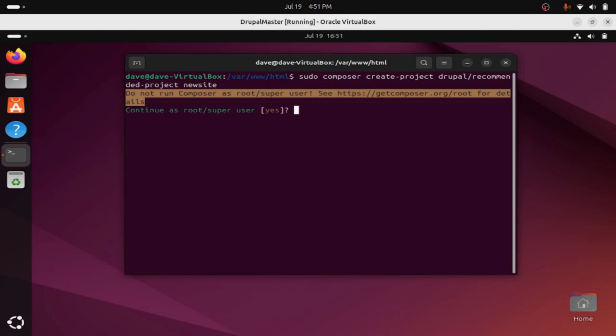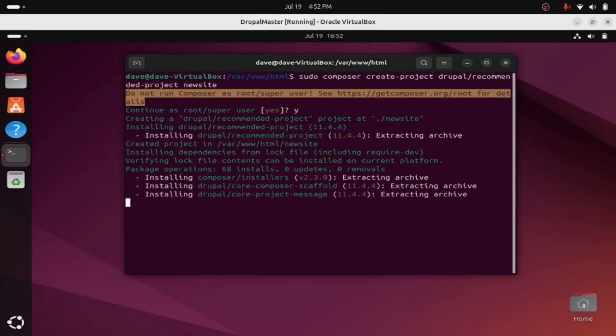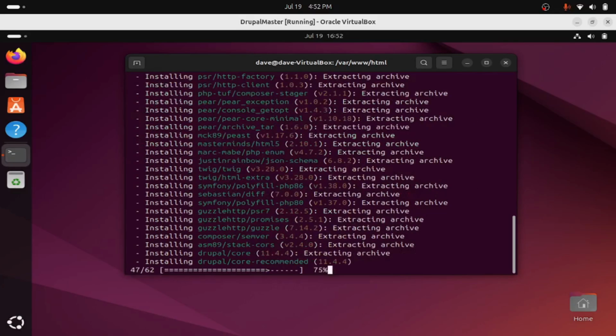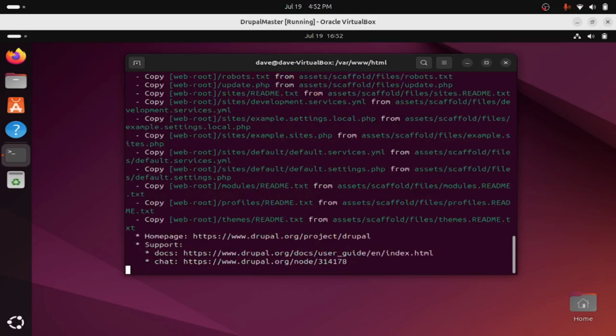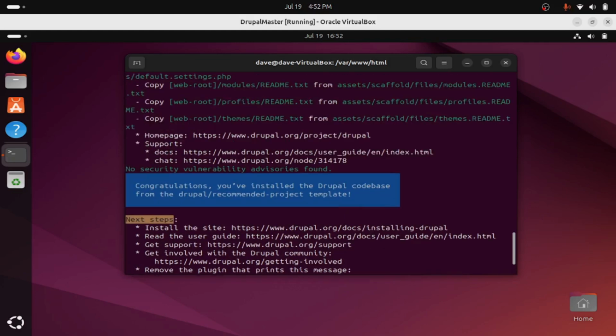So this just gives us a prompt that you shouldn't run Composer as a root user, but this is just for testing purposes. I'm not sure, there probably is another way for everyone to run this command. So I'll just go ahead and click yes. It's gonna install Drupal. As you can see, it's already downloading. It's gonna be installed in a few, and once it's downloaded, it's just gonna give you congratulations, you've installed